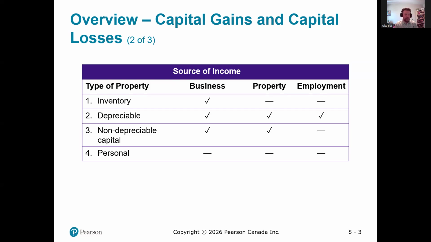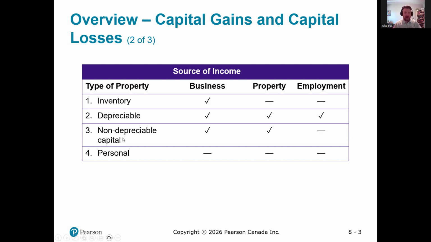Now, depreciable items are expected to lose value. So if I sell a depreciable item for more than I paid for it, I have a capital gain. If you remember from chapter 5 in Tax 1, the thing about depreciable items is they don't have capital losses. Because they're expected to go down in value, disposals of depreciable property are usually handled with recapture or terminal loss. So depreciable property can have capital gains, but it can't have capital losses.